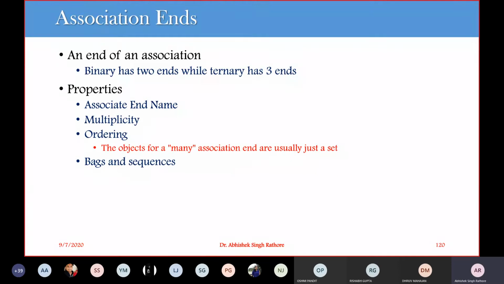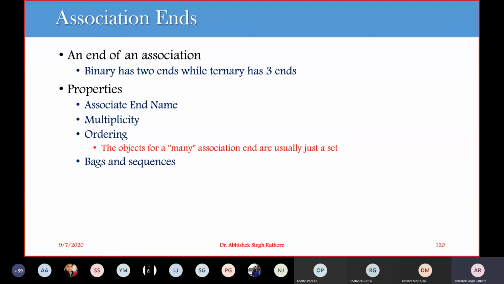It is suggested in many texts so that we can identify the usage of all those association relationships. Then we have to go for multiplicity. We can add multiplicity, which has been covered in the previous classes. So we can identify the multiplicities available and put them at the association, whether it is zero or many, zero or one, strictly one, one or many, and so on. So we have different multiplicities available.